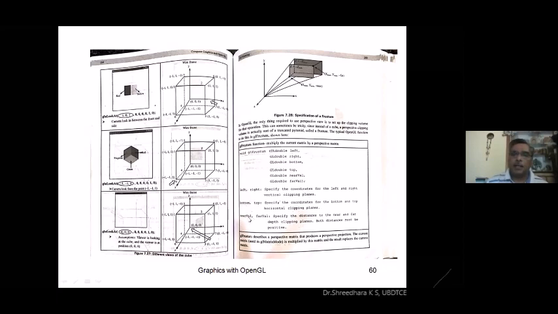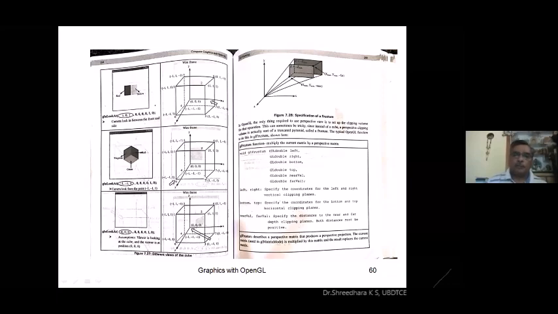The last two values, near and far, specify the distance to the near and far depth clipping planes. So Z near is the position here, Z far is the farther place. Within this viewing volume only, we observe the cube inside this frustum. This API helps in using glFrustum in your program.